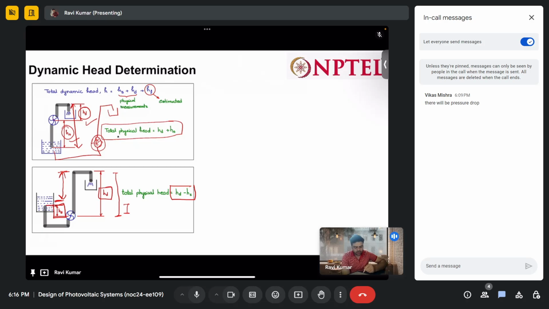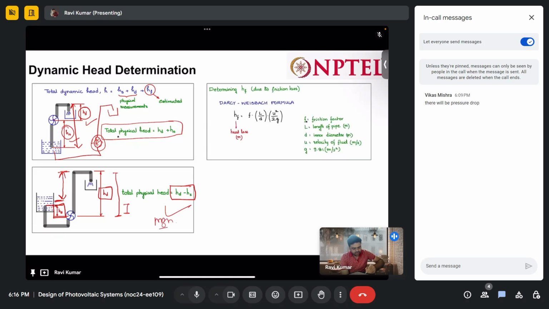Now how can we calculate this dynamic head? For this dynamic head, this is just mgh, and then we have this hf, that is a friction head, and this friction head is given by this Darcy-Weisbach formula. Here you can see these are the friction factor, length of pipe, inner diameter, velocity of fluid. So these are the parameters on which this friction head depends,